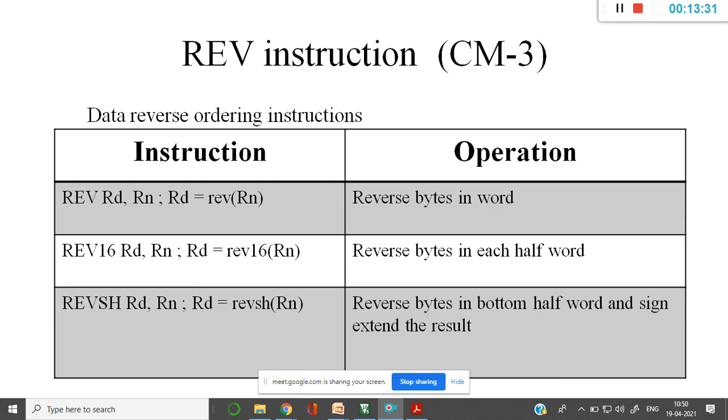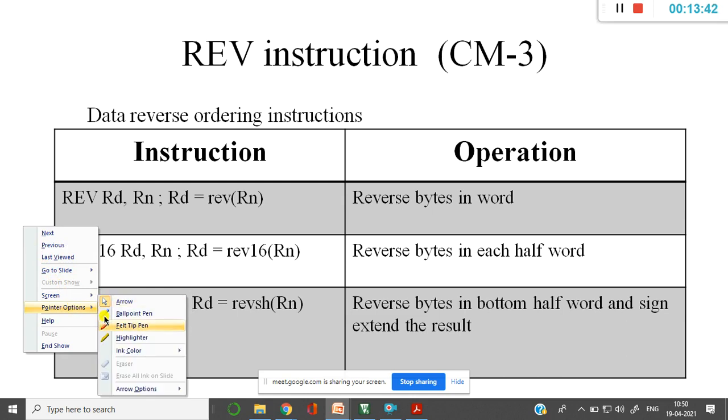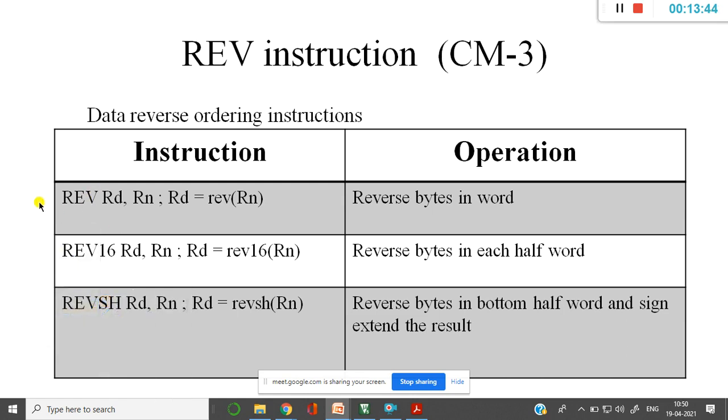So we have three different instructions under REV. One is REV Rd, Rn, where the data from the source register is reversed into the destination register.